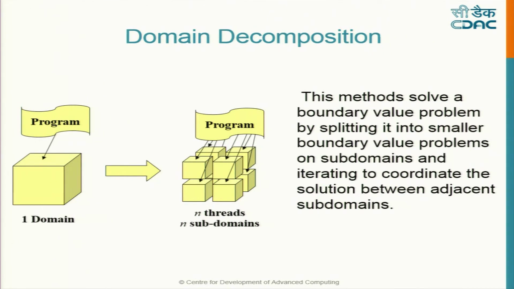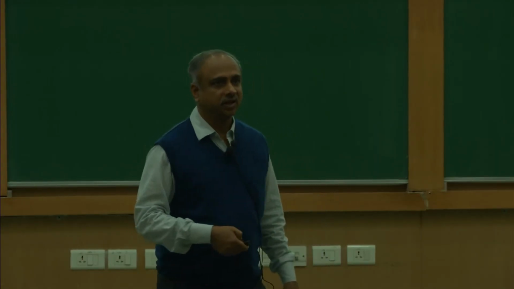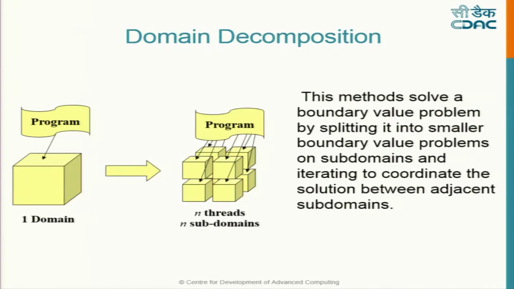Then there is what is called domain decomposition. This is typically used for weather forecasting and other types of code. Your data is three-dimensional. Assume that you have a three-dimensional matrix on which you have to perform some operations. So you assign each of these smaller cubes to one process, and then sometimes some interaction is required between the adjacent ones. That depends upon how the interaction is required. But this is called domain decomposition, and there are some boundary value problems that you need to solve. Typically, they can be best done by this domain decomposition.